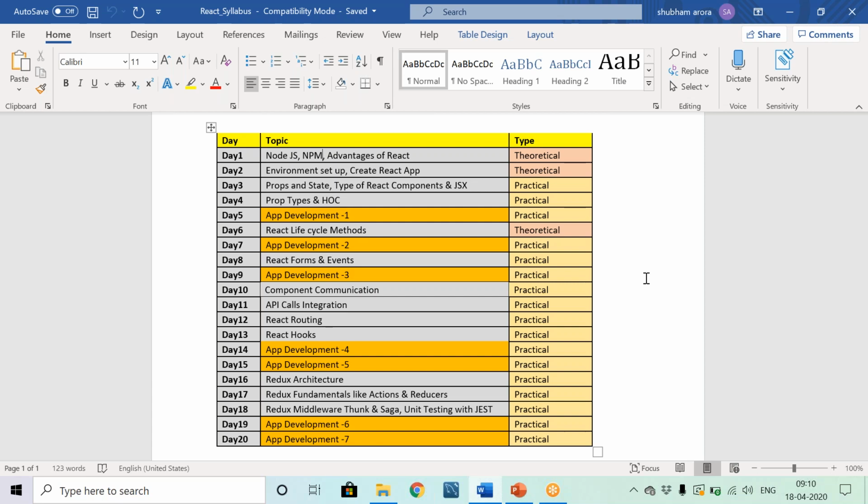So as you can see, everything we'll be going through will be practical. Only a few sessions, like only two, you can say just 10% or 15% of the sessions, would be theoretical, because that is ultimately needed before directly deep diving into the core concepts of practical. Without understanding those principles, you cannot directly deep dive into the coding. So for that, we have to see what core concepts it brings.